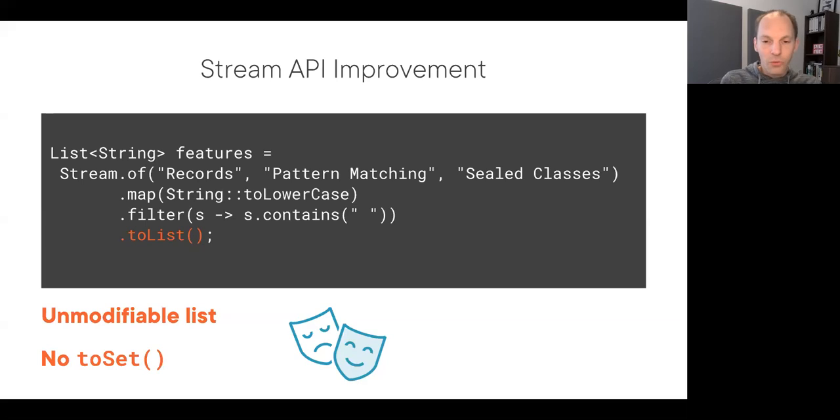Now, you might also be wondering if there's a toList, is there maybe also a toSet or some other collections that you can materialize into, and that is not the case. So toList is the only addition here. If you still want to materialize your stream into another collection type or even any other arbitrary type, you will have to pass in a collector to the collect function.